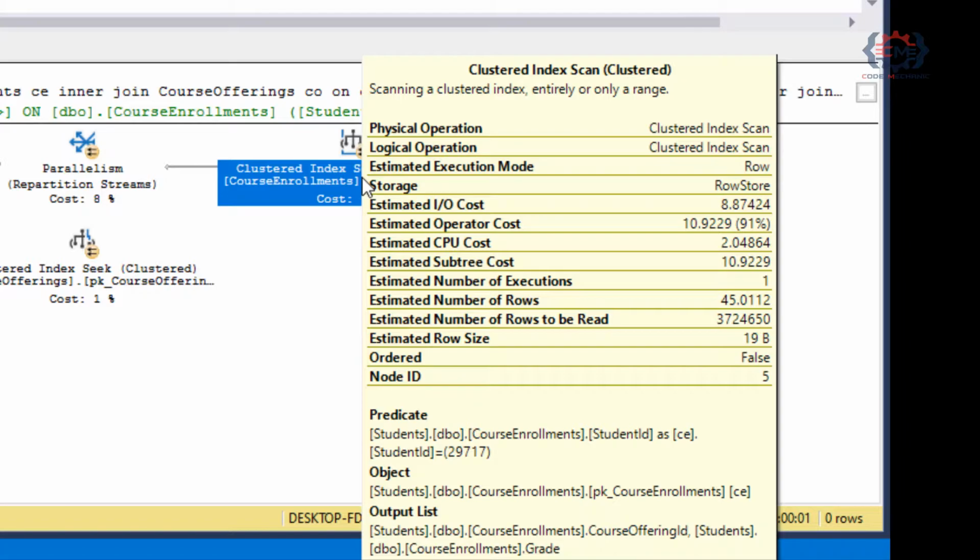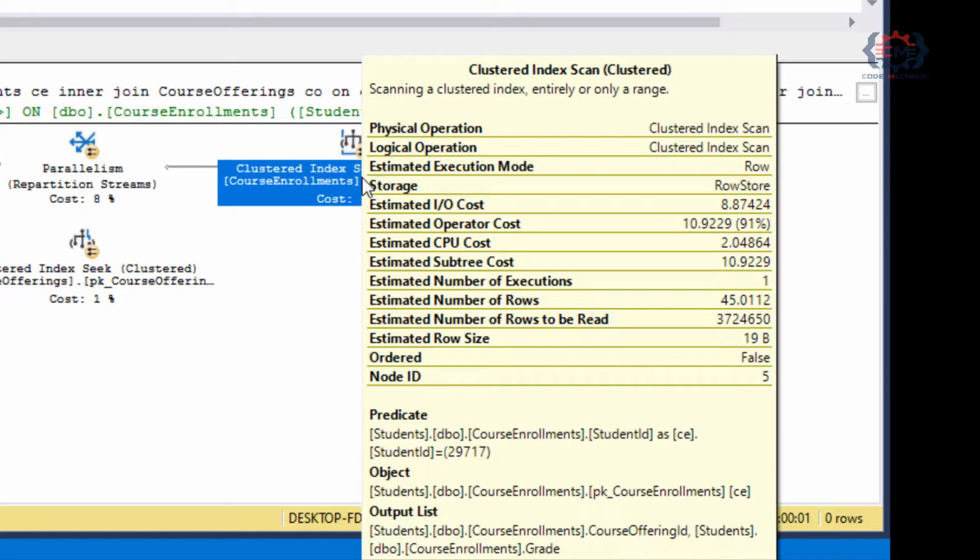When you are reading execution plans, something you want to look for is any clustered index scan operations on tables that you know contain a lot of data, because what a clustered index scan really means is that you are reading all of the rows in that table. And for large tables, that of course is going to be very expensive and take a lot of time. So knowing that we are processing 37 lakh rows in this operation, we have a good idea already of why this particular operation is accounting for 91% of the cost of this statement.